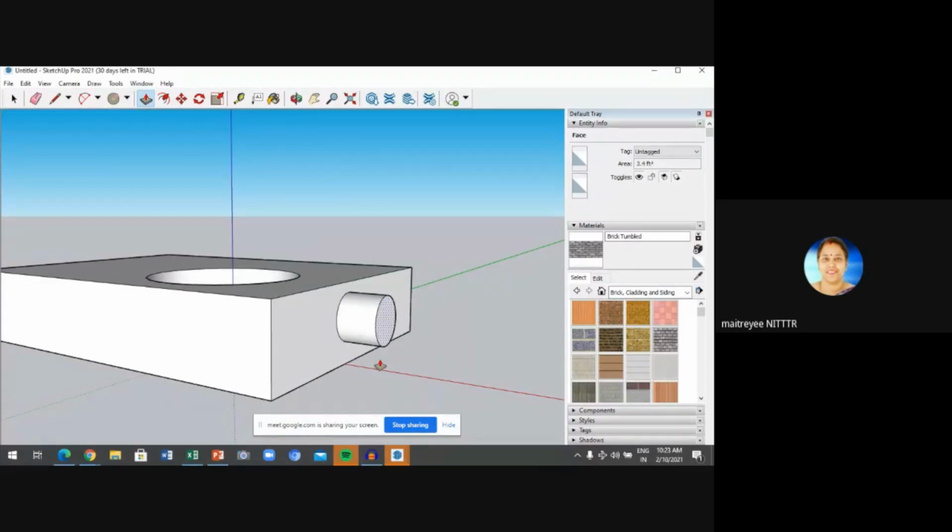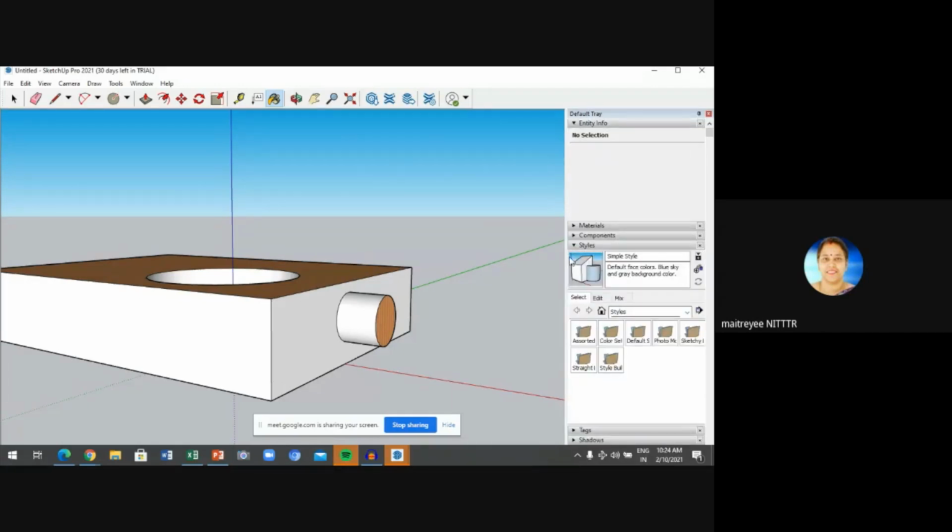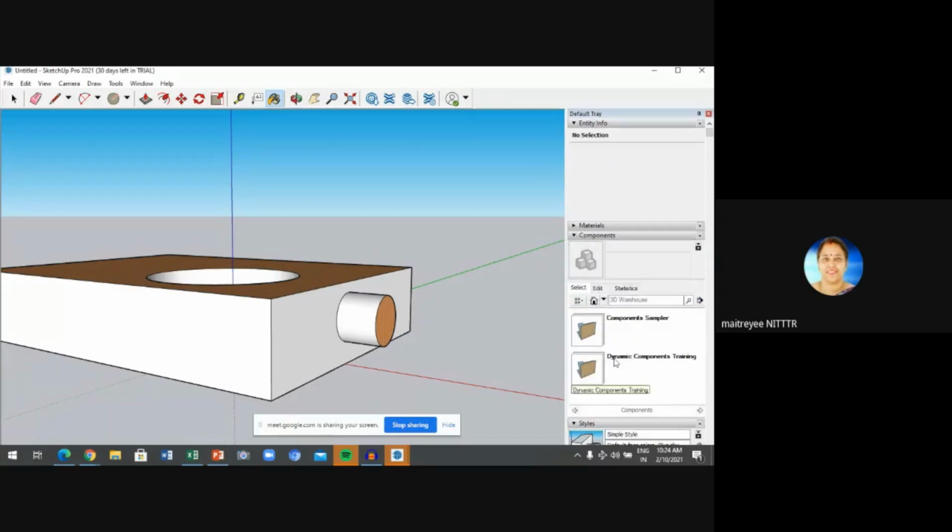So just like this, it is very easy to draw any 3D modeling in Google SketchUp. It's very useful. Anytime if you want to design anything, you want to give any type of material, not only the material, you can give any styles, any components, you can just match any component. Whenever you use this software, one by one you will take the help and you can